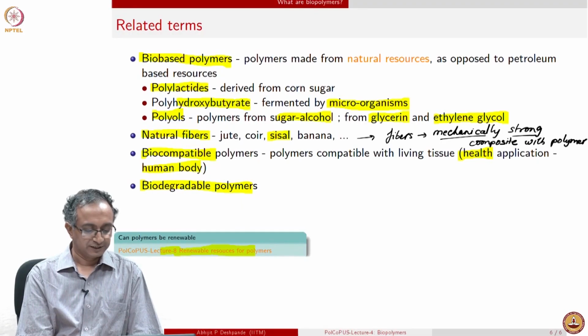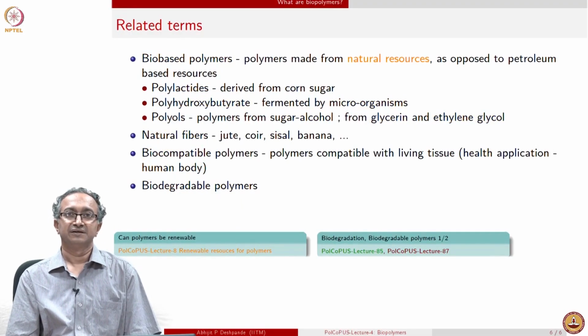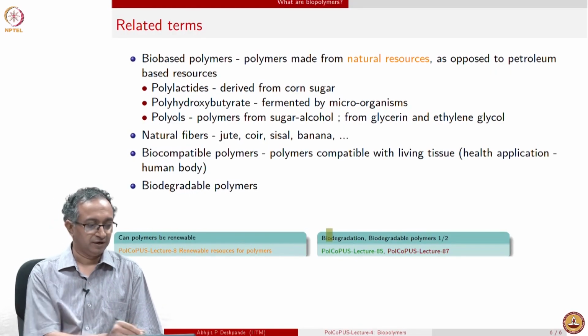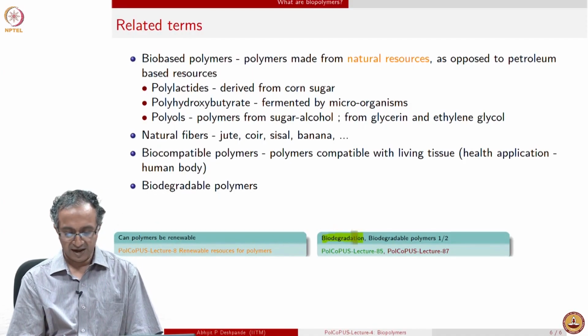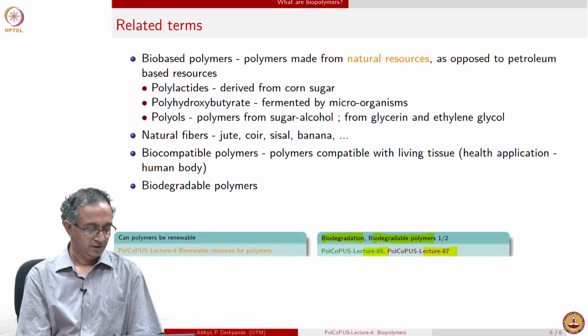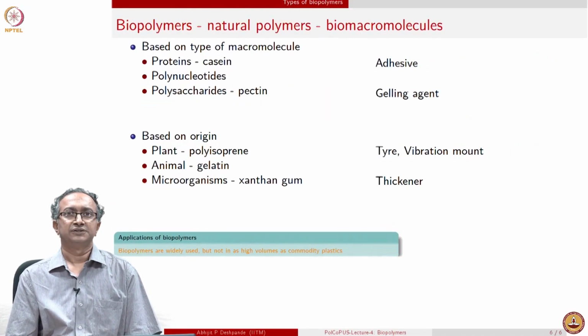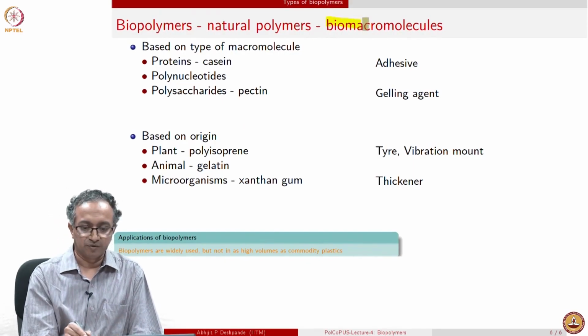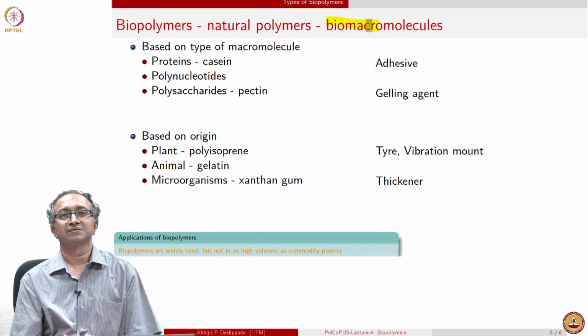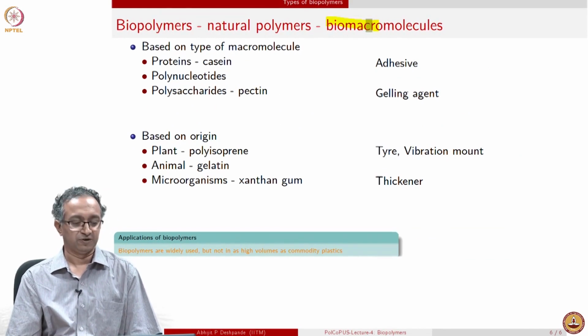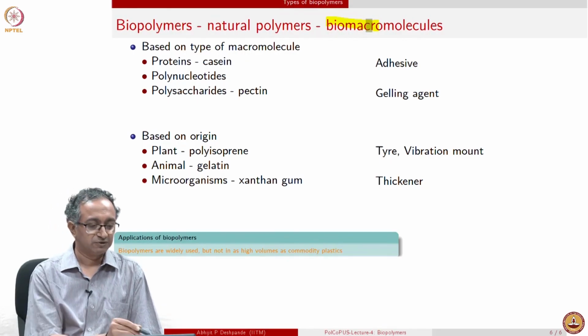We will also look at the aspects of biodegradation in the lectures to come, and we will specifically look at the phenomena of biodegradation and the biodegradable polymers in lectures down the line. So, let us continue with our journey related to biopolymers, and these are also called, by the way, biomacromolecules, given that they are present in the biological world and they are macromolecules. So, these are a few examples of how we talk about different types of biomacromolecules or biopolymers. We could classify them